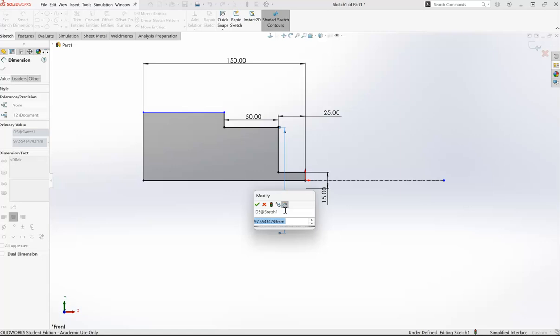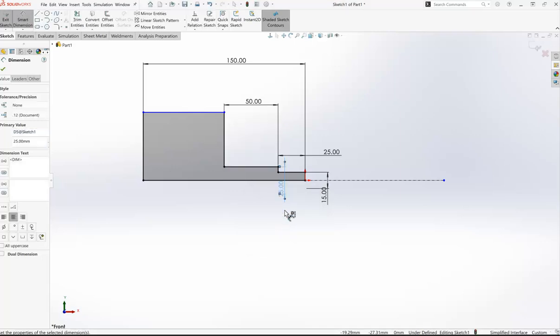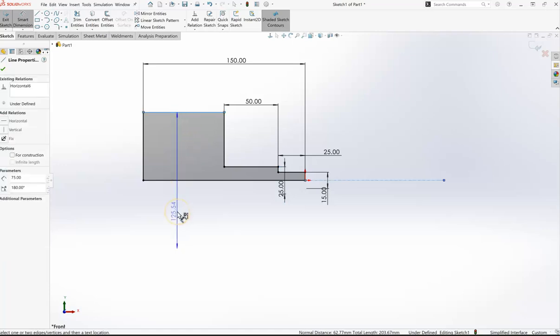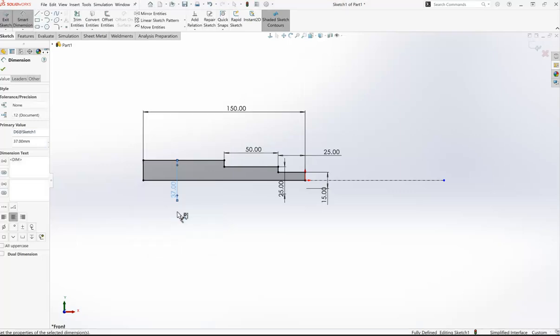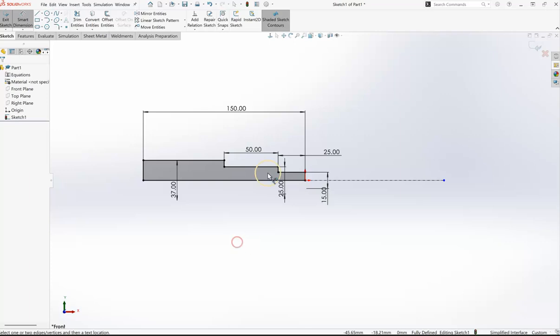And we'll make this one 5, and we'll make this last one 37 millimeters. Okay, so there's my sketch, and I'm going to create a revolve,